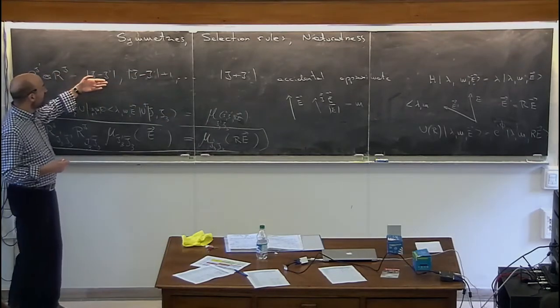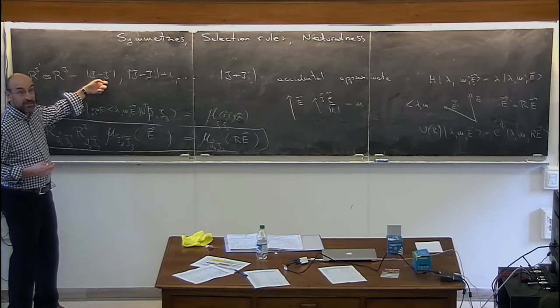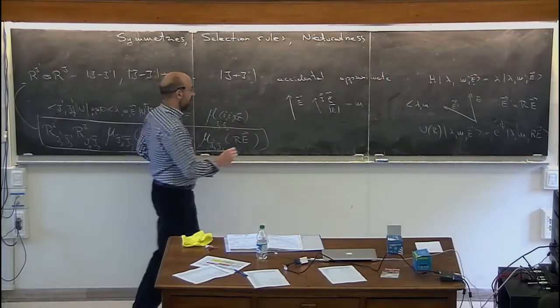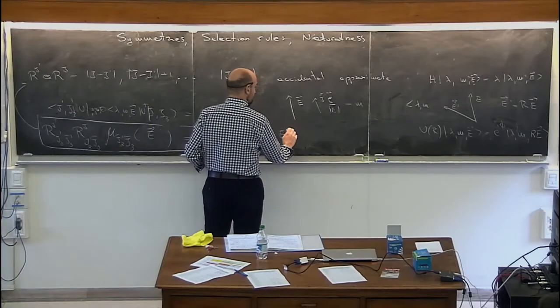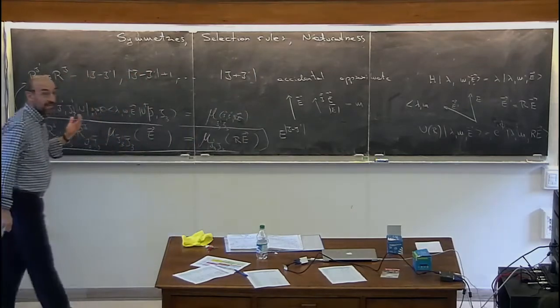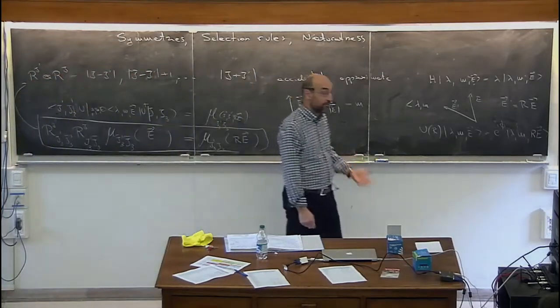And here, the smallest representation is J minus J prime. So that means that here the lowest power of E should be E to the J minus J prime. It is telling you that the mixing goes at least like J minus J prime powers of E. Okay, it tells you right away.